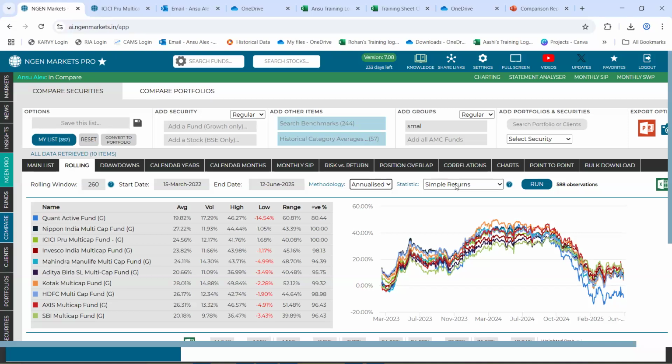Next, for point-to-point returns, we consider the last point and the first point, the 260th point and the first point, to arrive at a specific date rolling return. And then we take an average of that. And then where is the question of average then again? Because if you are taking point-to-point, I think average may not be coming, right?